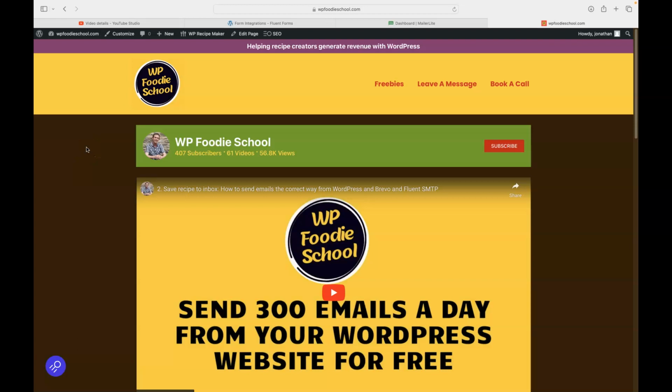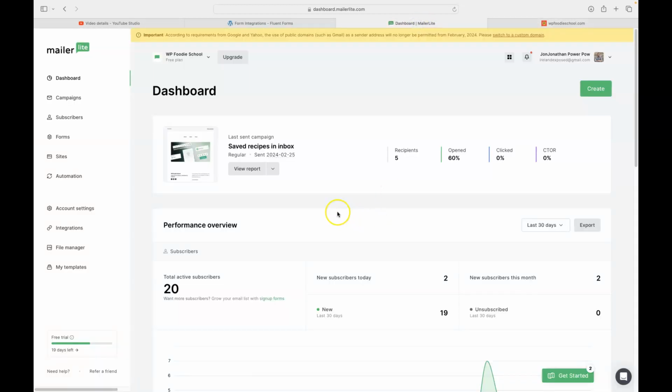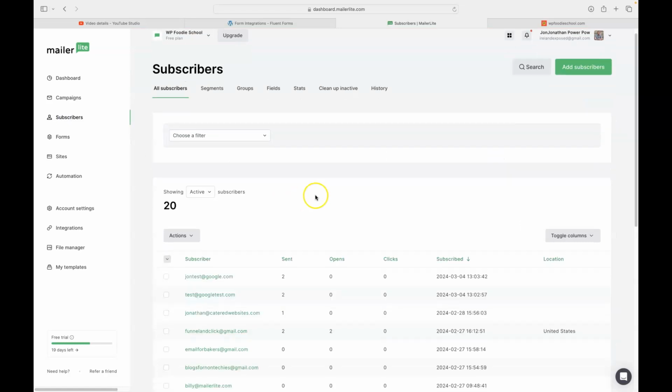In a previous video, I explained how to connect your WordPress website to Mailerlite with the API key, but I didn't elaborate on how to work with custom fields. So I want to discuss that now so that we can get the name of the recipe and the URL of the recipe that they saved into the subscribers' contact details so that we can use that in our follow-up